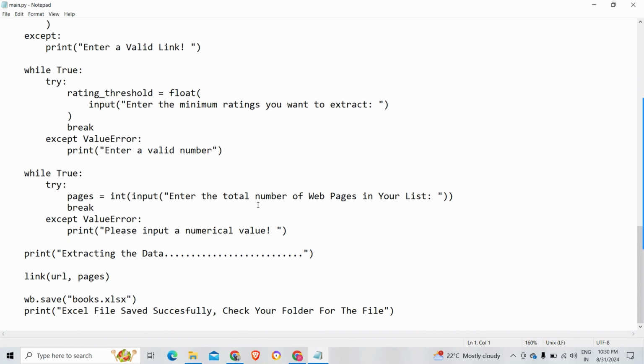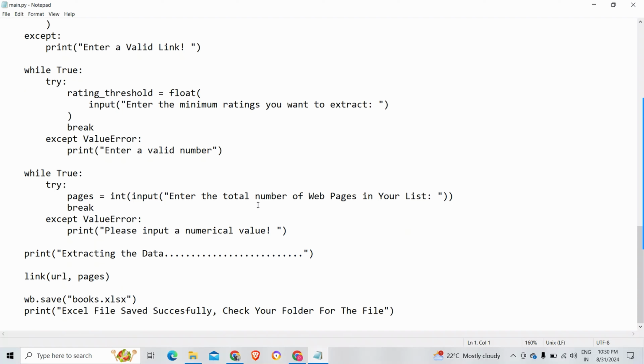This begins a try block to handle potential errors during the page input. Then we have pages equal to int(input('Enter total number of web pages in your list')). This prompts the user to input the total number of pages in the Goodreads list, converting the input to an integer. Then again we have a break statement. We break out of the loop once a valid number of pages is provided.